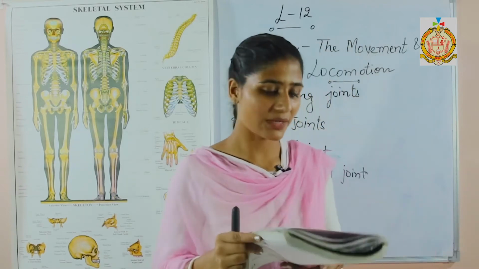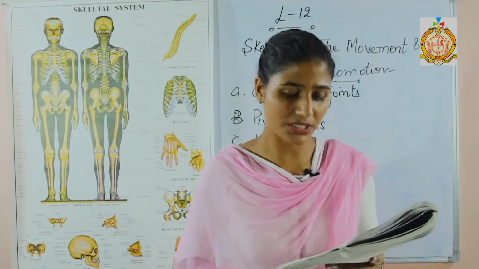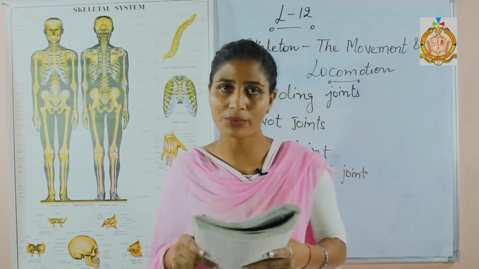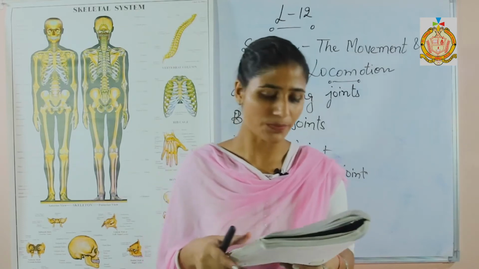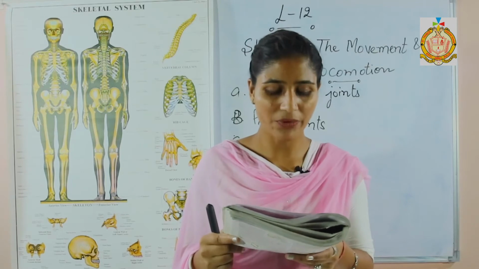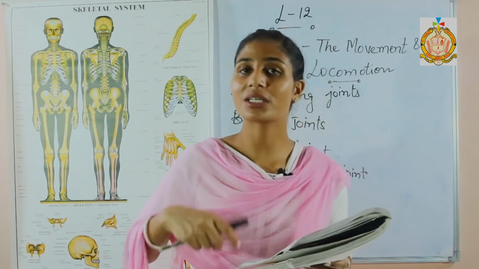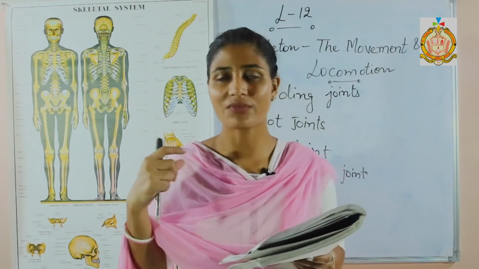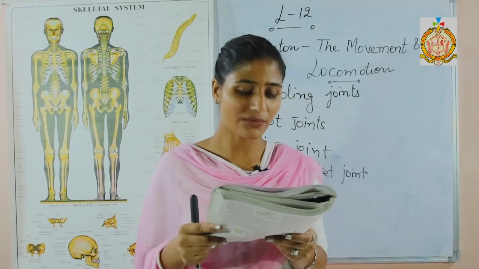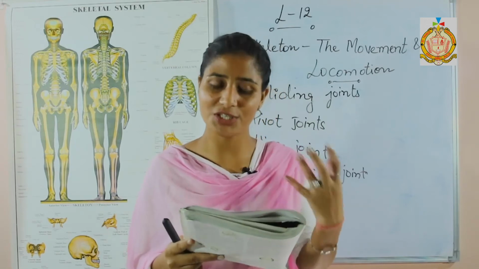Here one chart is given to you, a flow chart classification of the joints. The whole set of joints we have discussed already, but if you just go through it, it will be more clear to you. Next we are going to discuss the muscles. The muscles in the body provide the means for all movements. So muscles are responsible for the movement of the skeletal system of our body. They cover the skeleton framework and also give contour, meaning shape, to our body. So muscles are responsible for the shape of our body.